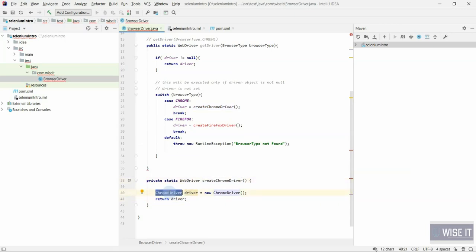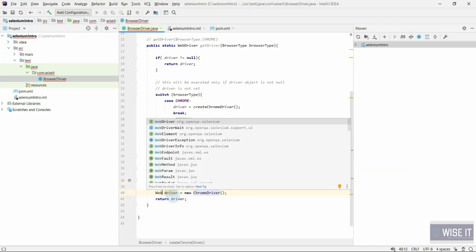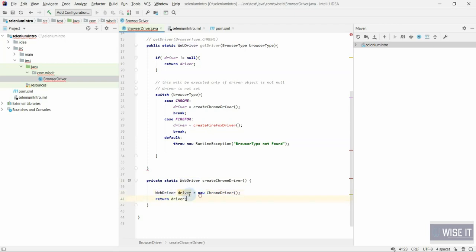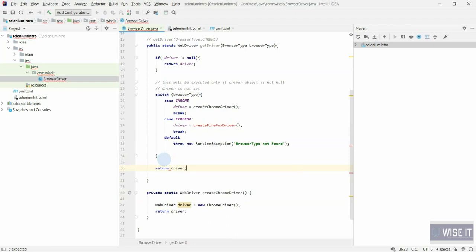Or instead of ChromeDriver, you should create WebDriver driver equal to new ChromeDriver, and return driver. The other thing is you can also make it simple and just return new ChromeDriver and remove this.